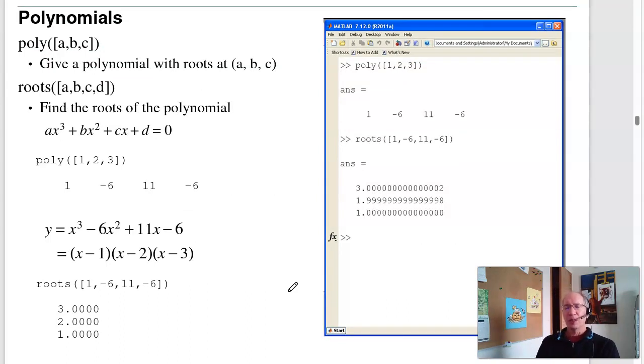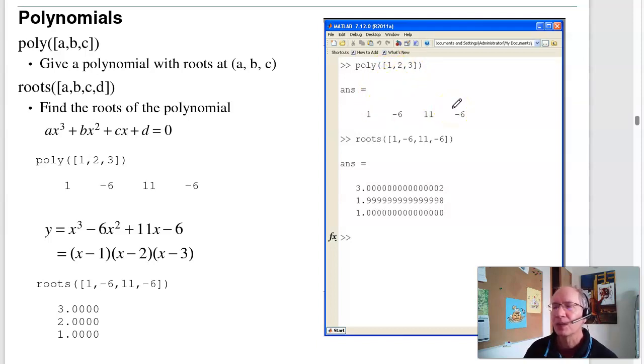Matlab can do polynomials. Now we're going to use polynomials a couple times in this class. What poly does is it says, give me a polynomial that has roots at a, b, and c. For example, suppose I want to find what polynomial has roots at +1, +2, and +3. If I type in poly of, and then I have to give a matrix. So this just wants a single variable. The variable will have 3 elements in it, my 3 roots, 1, 2, and 3,